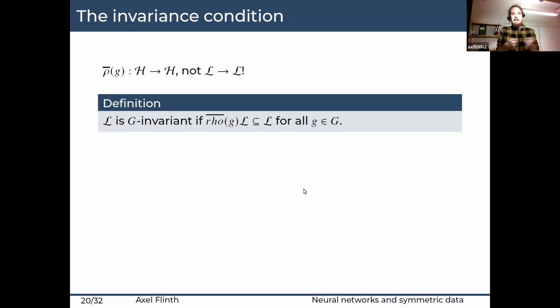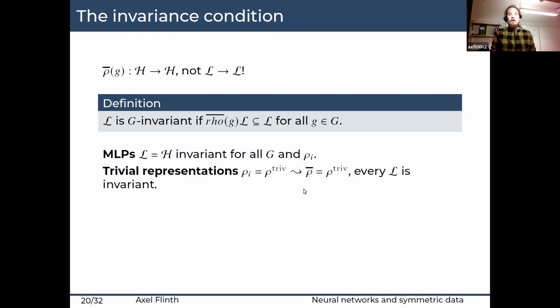So sorry for the LaTeX error here. I call my architecture, or my affine subspace, G invariant if applying the lifted transformation to it keeps L, gives me something which is also in L, for all my group elements. Let's look at some examples for when this is true. So a trivial example is when I have an MLP, which is unconstrained. Then this condition is empty, so it's of course true, and it's true regardless of which group I have and which action I have.